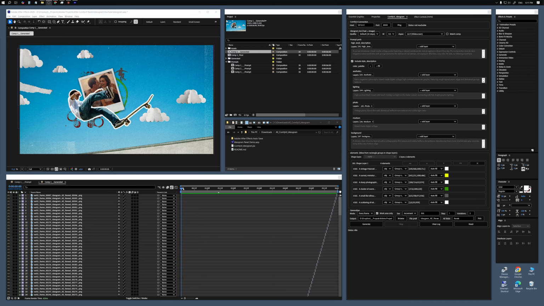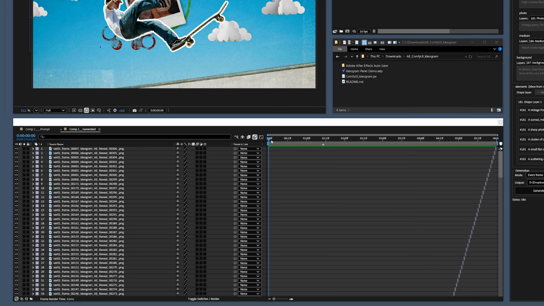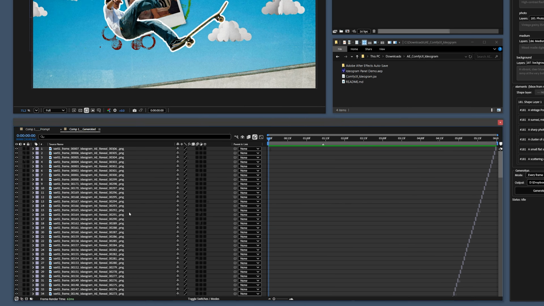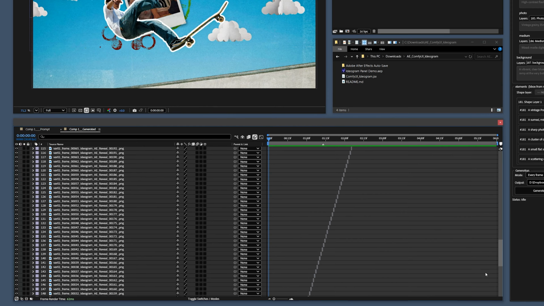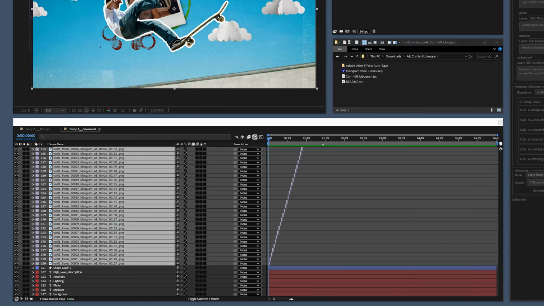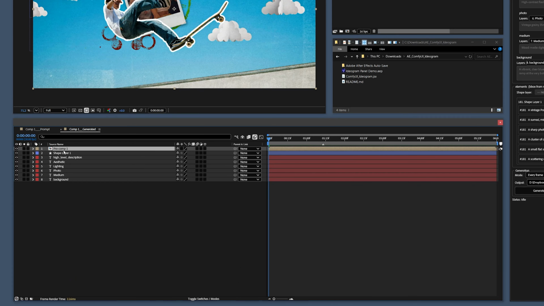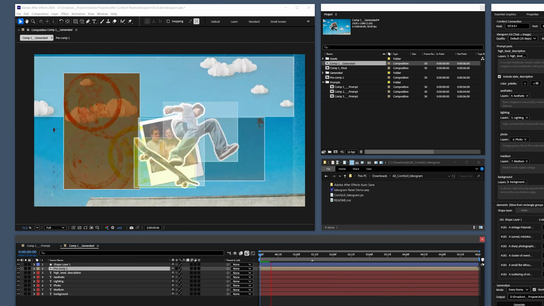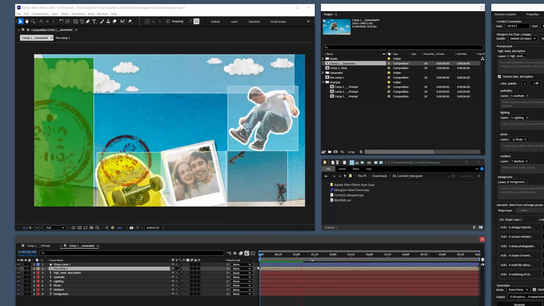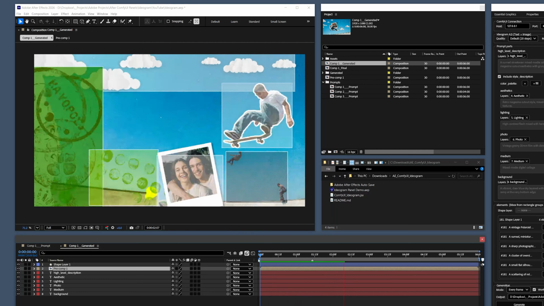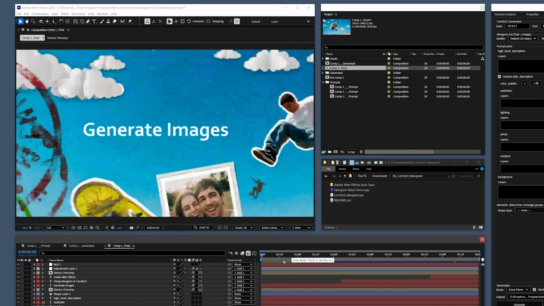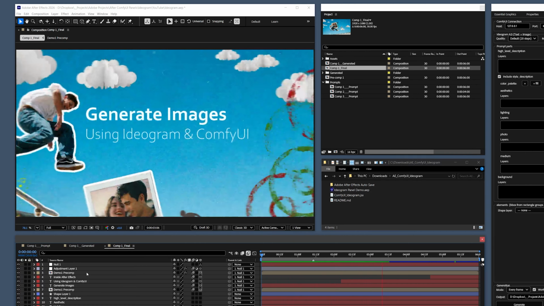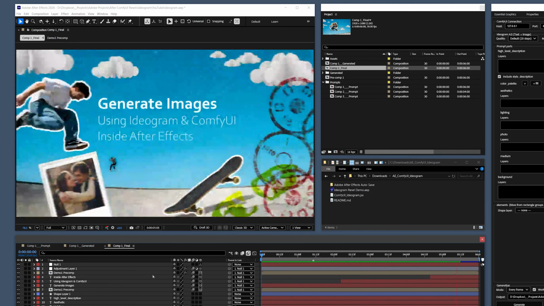Eventually, when it finishes generating everything, the composition should look something like this. I'm going to select all the generated assets and just put them in a pre-comp. I'm going to move it under the shape layer. And when I press play, you can see it did follow the bounding boxes quite correctly. So this is the idea basically. I added some more graphics elements in After Effects, just duplicated the pre-comp layer and added some masks to make